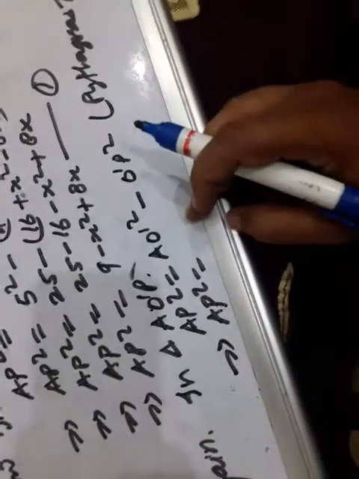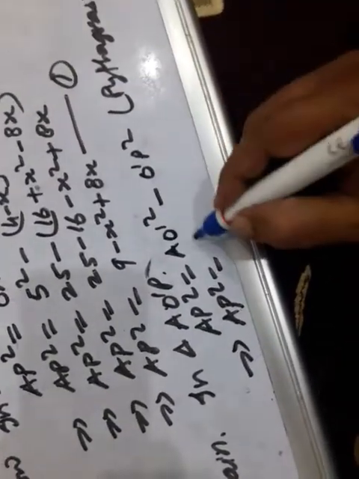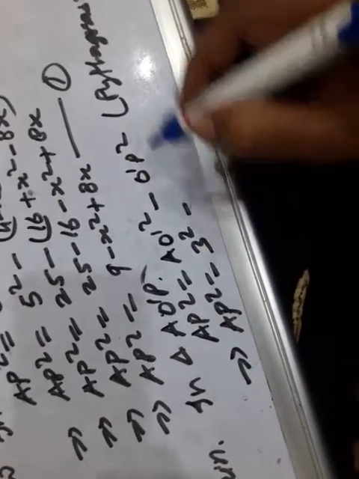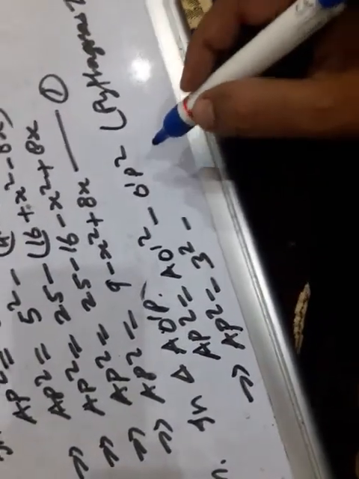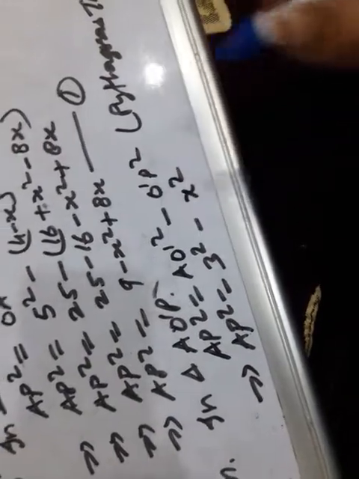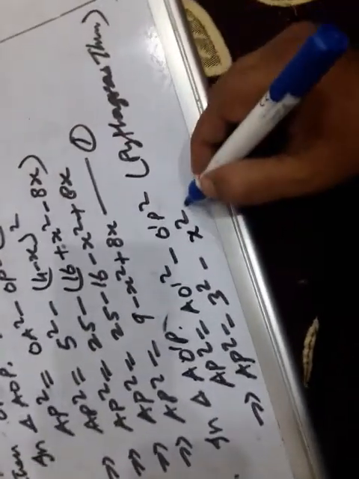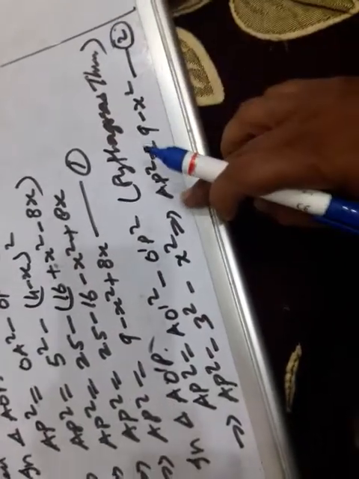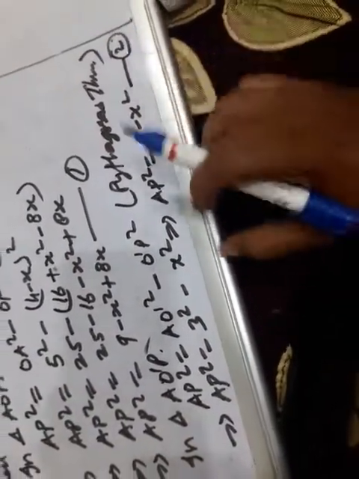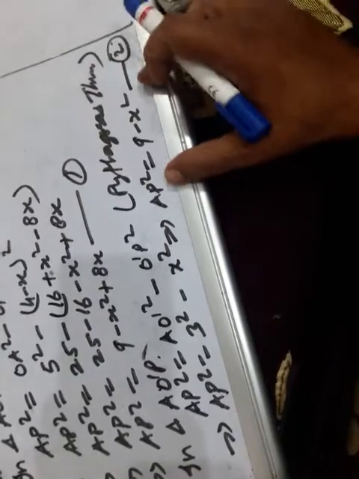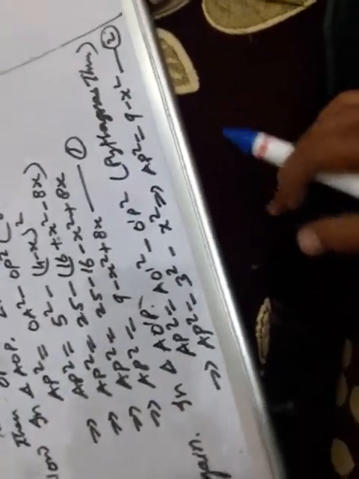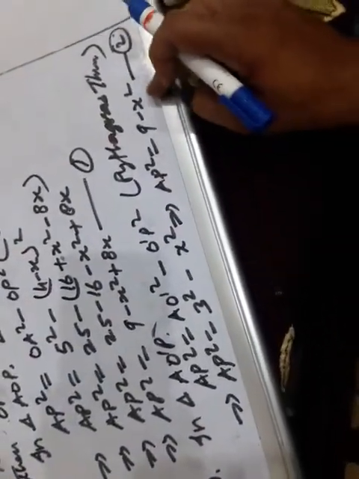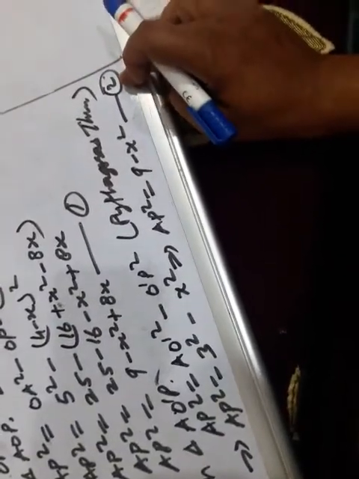This implies that AP square equals AO dash square minus O dash P square. AO dash is given to be 3, and O dash P we have assumed to be x. Clear, children? This implies that AP square equals 3 square, that is 9, minus x square. Let it be equation number 2: AP square equals 9 minus x square. Since I don't have enough space, I have written it over here. You can write it just down.